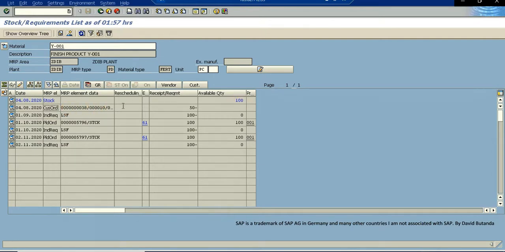The customer order is going to disappear, and the independent requirement, the forecast for September, is also going to be reduced to 50. Because if we expected to sell 100 pieces for the next month, and now 50 are already sold, we need to update and consume the forecast. So when I click on refresh,